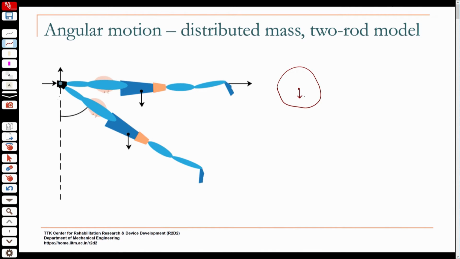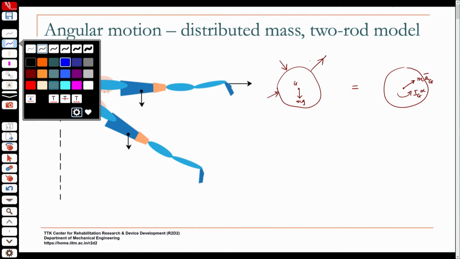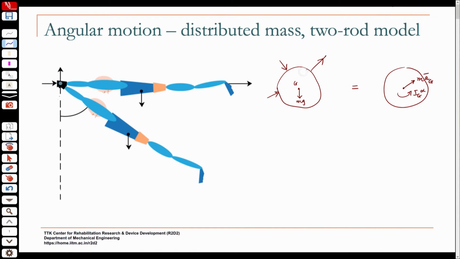So, if you have a rigid body subjected to its weight and a bunch of other forces, then you represent it by its equivalent kinetic diagram, which basically shows the acceleration acting at its center of mass and Ig alpha. And this is useful because if you are computing moments about a point, a general point A, then